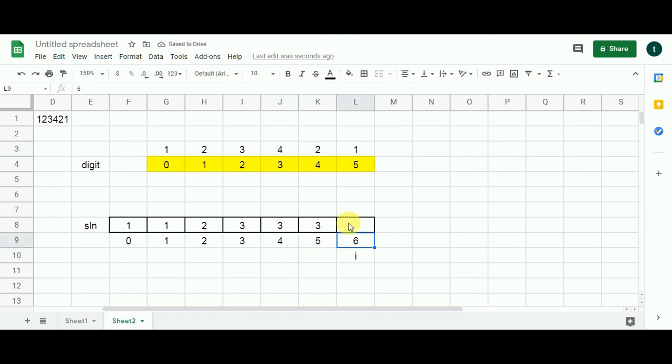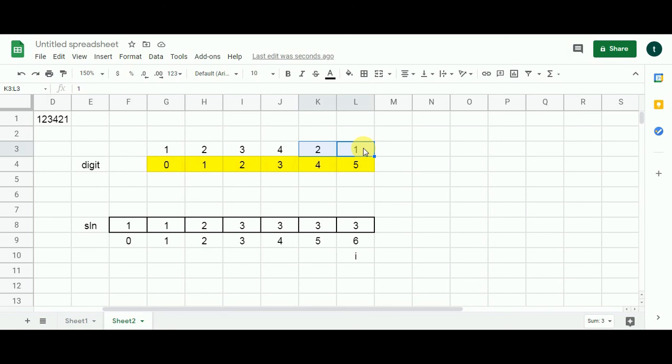Over here we are going to populate 3 right away. Now let's check for any new decoding. So I minus 2, which is 6 minus 2, 4, is going to take me over here. The value over here is 2. The first condition is satisfied because this value has to be either 1 or 2. Then I minus 1, 6 minus 1, is going to take me here, 5, and it represents 1. So this one is less than or equal to 6. That means these 2 digits when taken together are greater than or equal to 10 and less than or equal to 26.